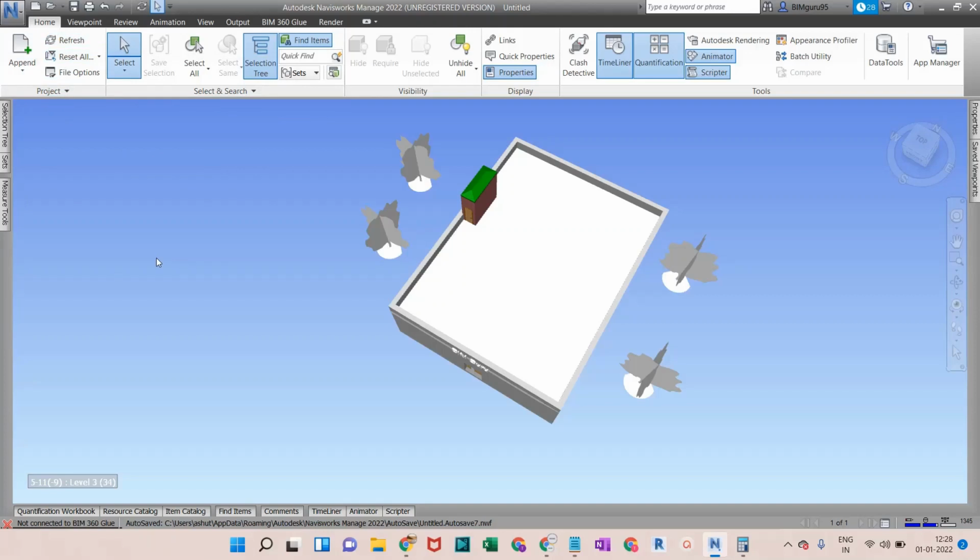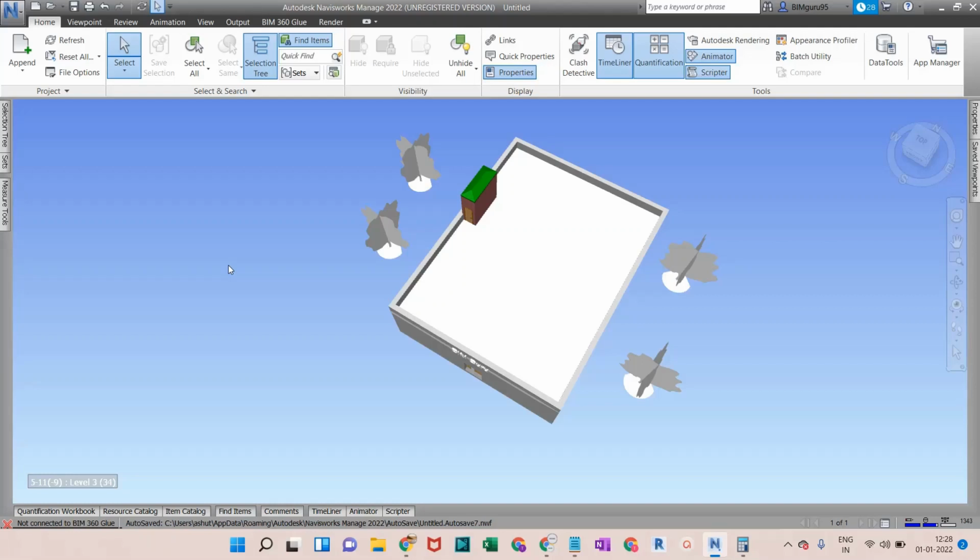I did not tell you about Navisworks file sets. The NWF files are combined files of multiple NWC files, and NWC files are extracted from Revit and other software as well, as we discovered in our last video, when we covered how many formats Navisworks supports.